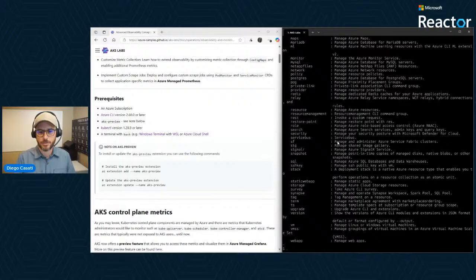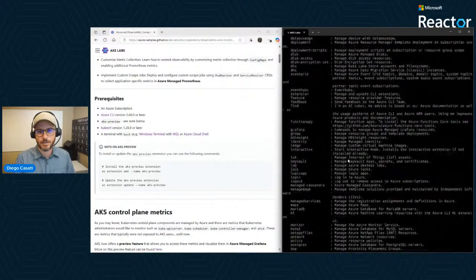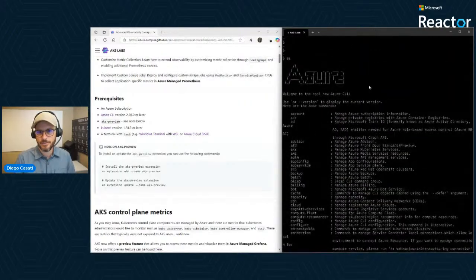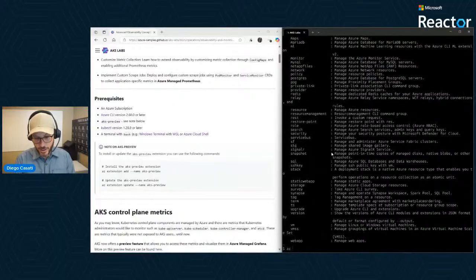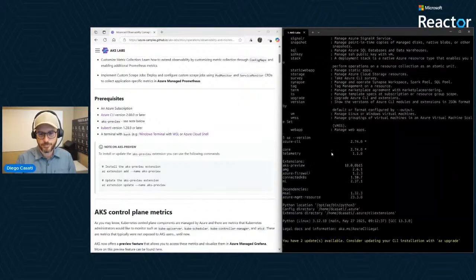That should be a somewhat newer version of az CLI, right? You can check your version by typing az version. Okay, and you can even see that I have some updates available, but this one will work at this point. We will be installing the AKS preview feature there. You will see that in a second.